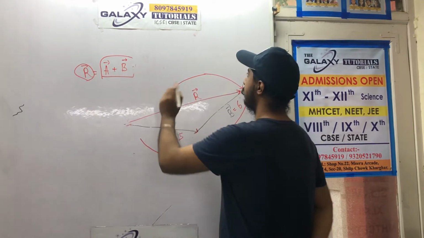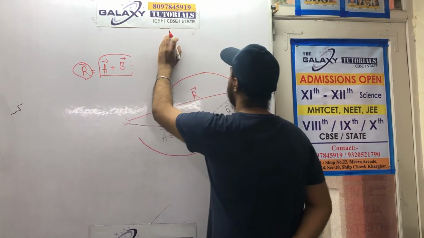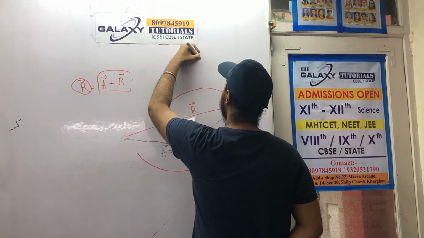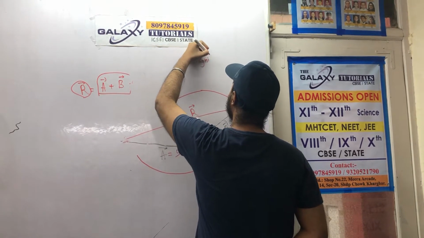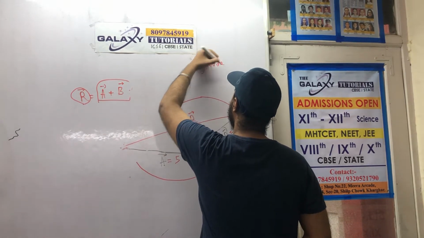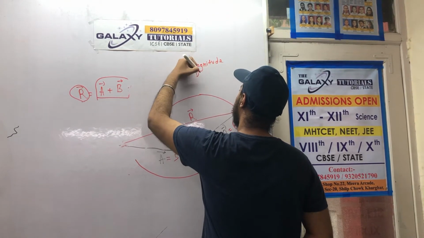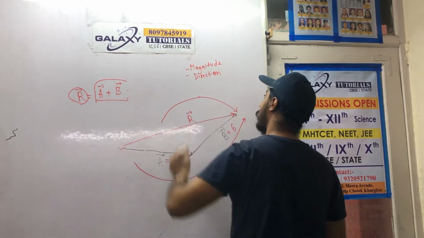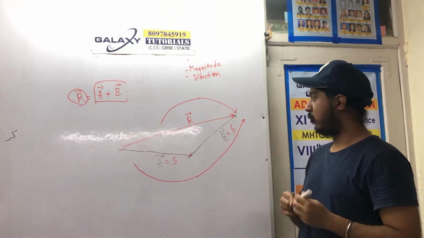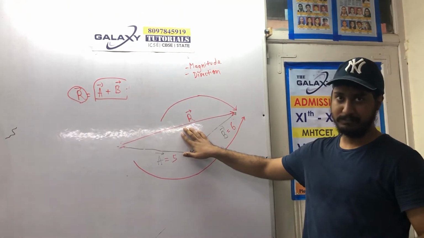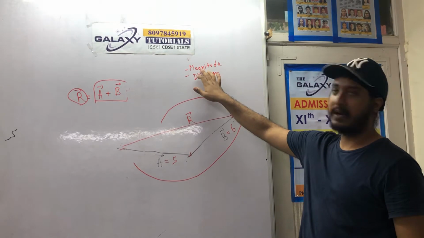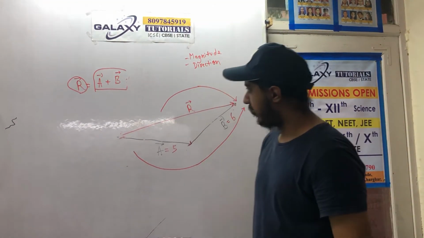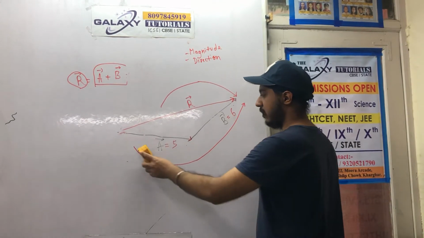I already told you there are two important things that define a vector. First one is magnitude. And the second one is, as you must all remember, direction. These two are the most important things. So to define this resultant vector we have found, we need two things. First one is the magnitude and second one is the direction. So now we will try and find them.